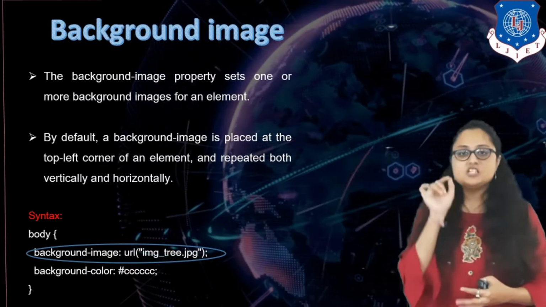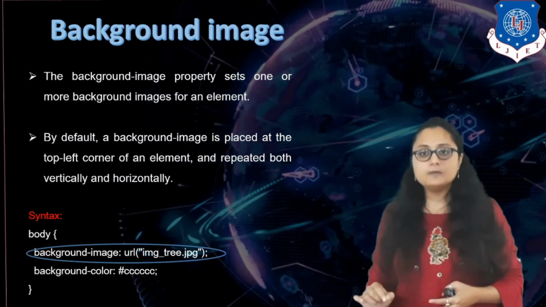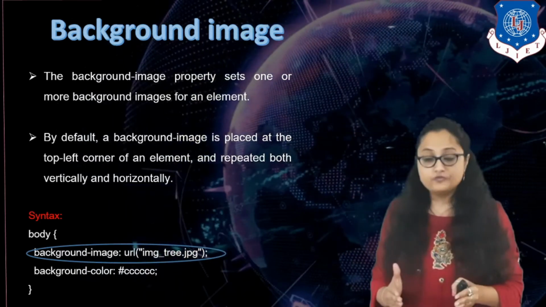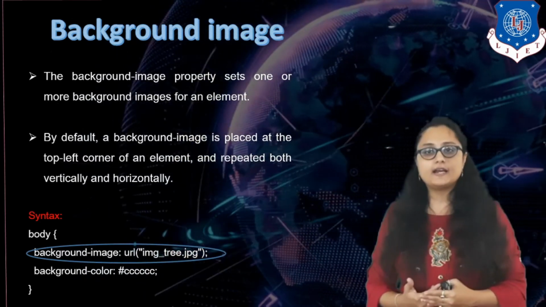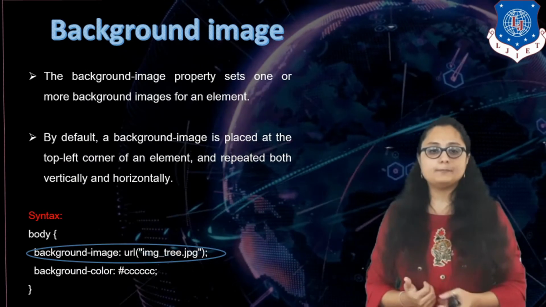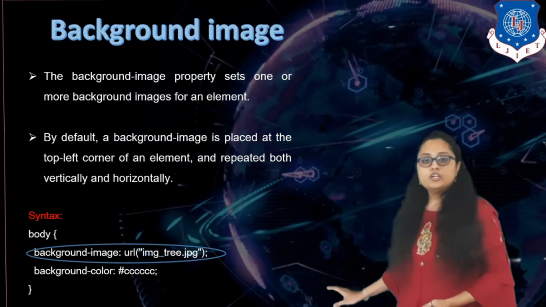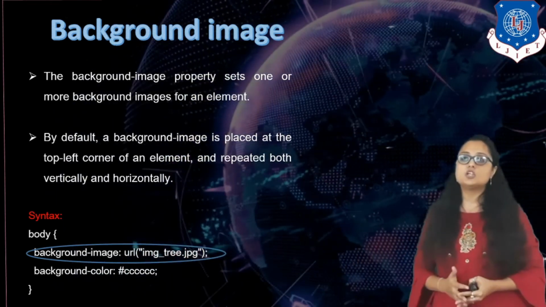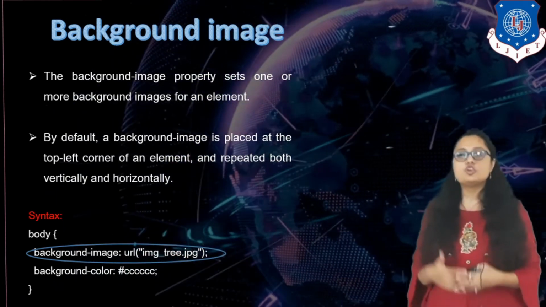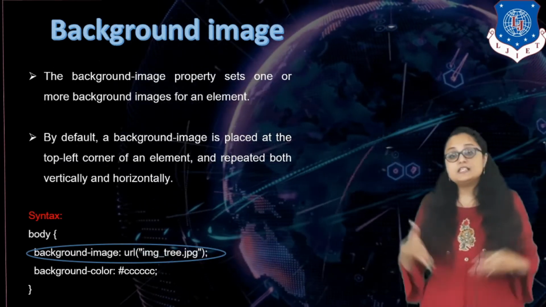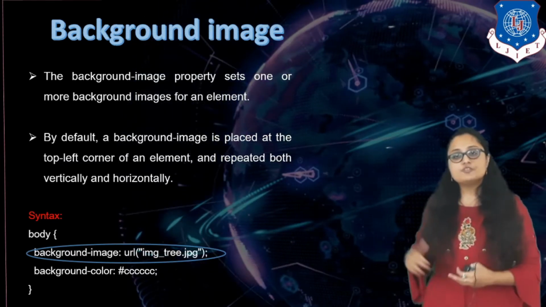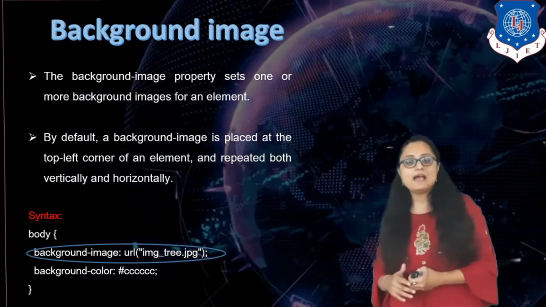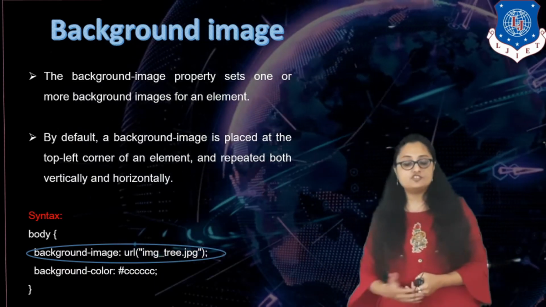The property name is background-image, then a colon, and after the colon you have your background image property value, which you have to specify. Inside URL you have to specify the whole image path, right? Now you may wonder, ma'am, I am specifying background image, then why are you specifying the background color as well? Many times many browsers do not support background image, then what should be displayed in the background? In such a case, when the background image is not displayed, it will fall back to the background color that I have specified, right?